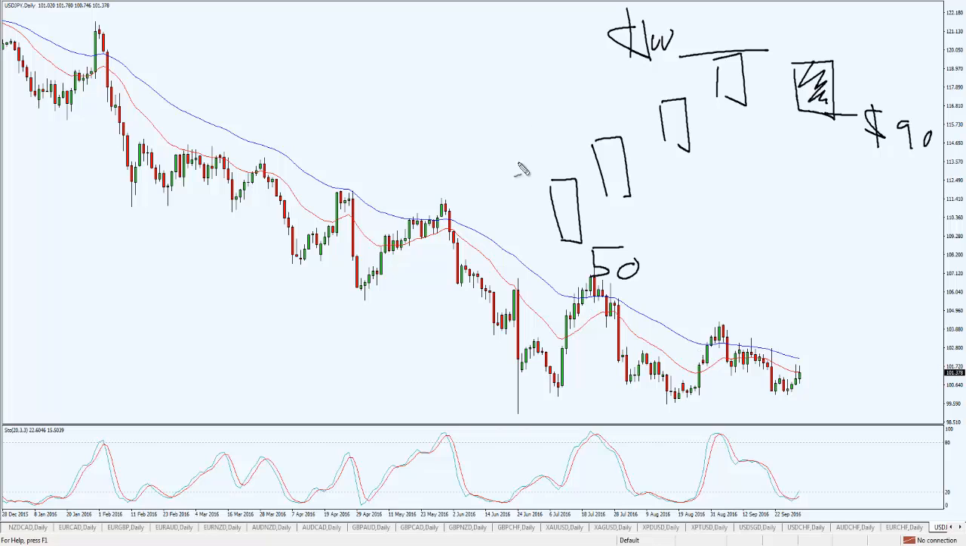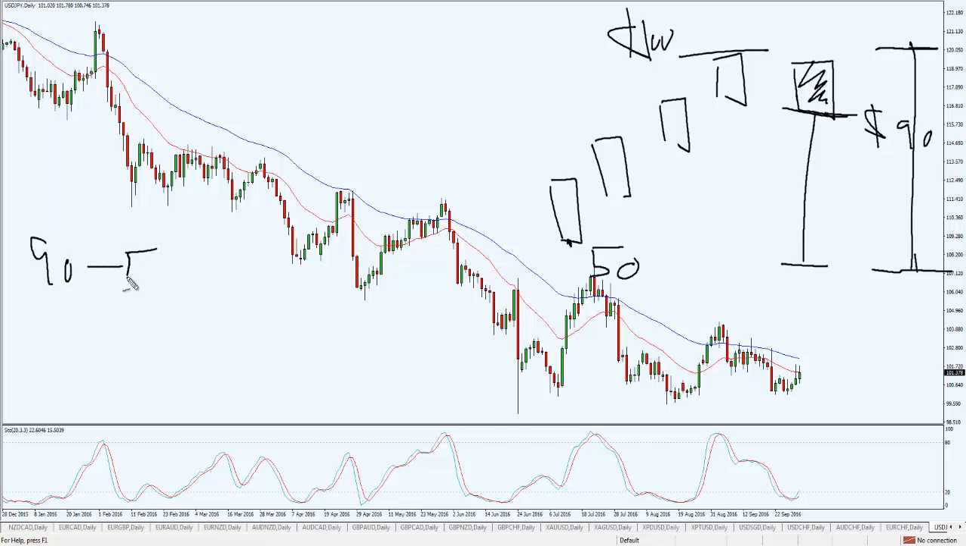So how is this 5-period stochastic number derived? What they do is they calculate the range from here to here, from the low to the close, divided by the range from the low to the high of this range. So you're taking basically